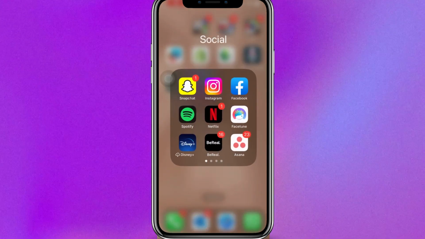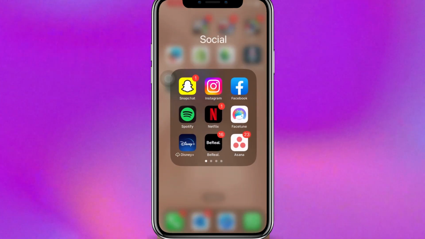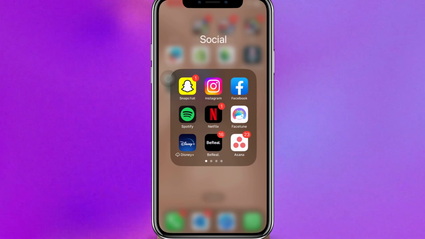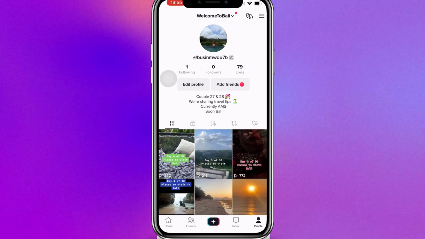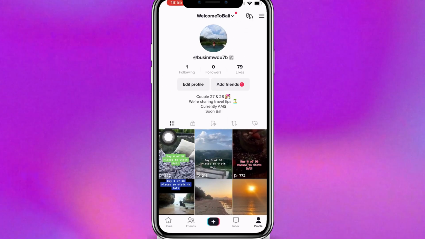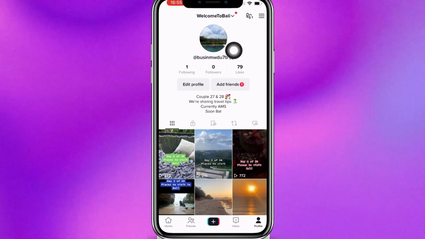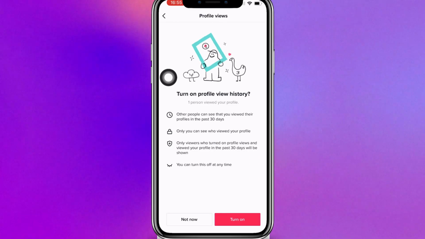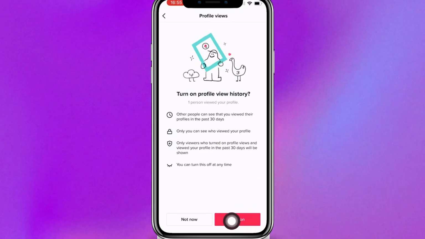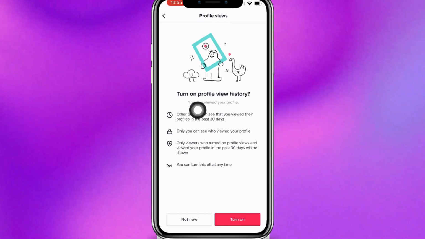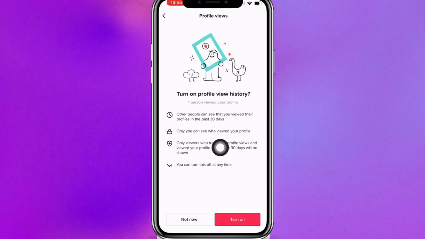Hi guys, in this video we're going to talk about how to fix the missing profile view icon on TikTok. So let's go to TikTok, and this icon, it's over here. This is a trend on TikTok now, and you should see the icon on the top right here next to the three lines. And if you click on it, you can see you can turn it on, you can turn it off. And as you can see, one person viewed my profile and other people can see that you viewed